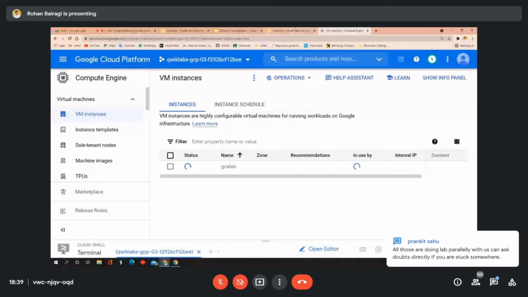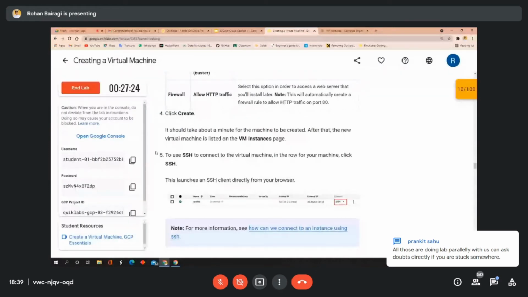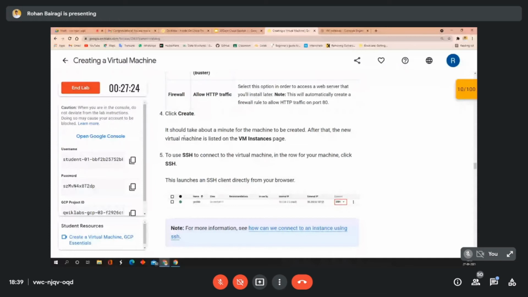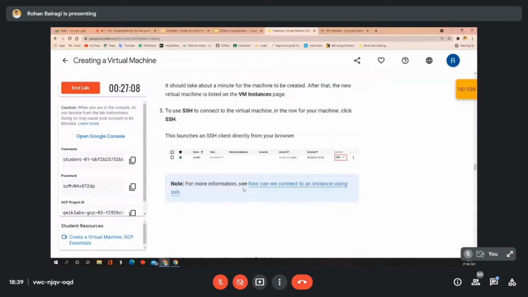The fourth step is click create, which we have done, and it should take about a minute for the machine to be created. Then after that, to use SSH to connect to the virtual machine, in the row of your machine, click SSH. And if you want to know more about what SSH is and how it works, click on this link, which is given in the form of a note.